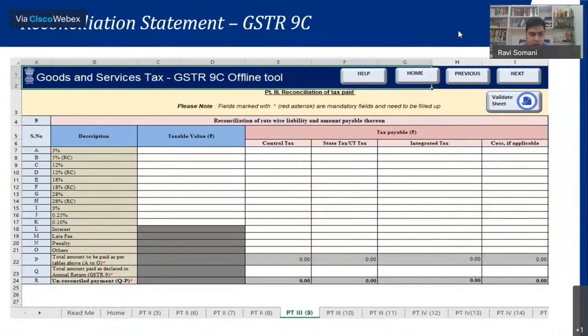Reconciliation is required to be done. The ways and means of doing it, I'm not getting into that, because each approach can be different based on the client's ERP and how they maintain the books of accounts and records. But